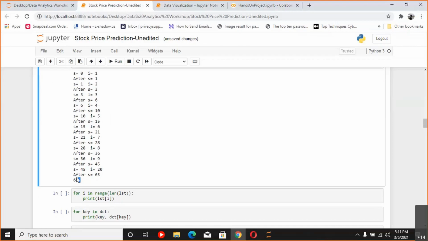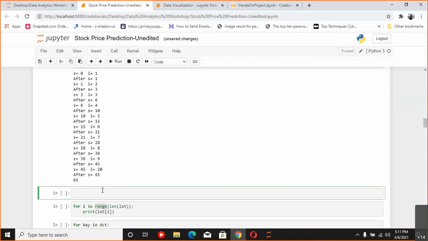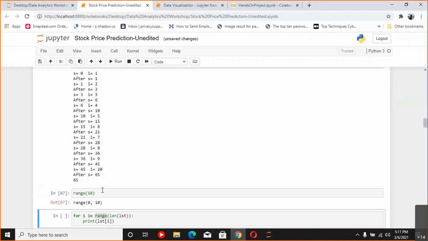Now, this does not need to be only lists and dictionaries that you can iterate over. If you want to run a loop, say, 10 or 100 or a specific number of times, then there is a command called range. Let's first look at what range does. If I type range 10, oh, okay, sorry. If I just type this,